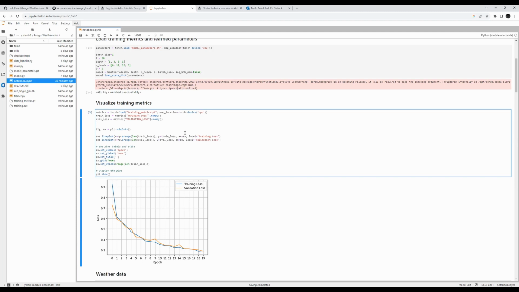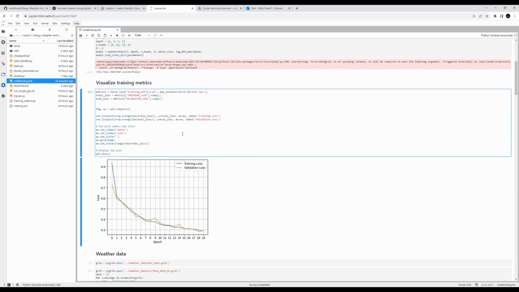I think this was basically all I had to say about the workflow for now. Then maybe we could discuss that this is easily the largest model that I have ever worked with.